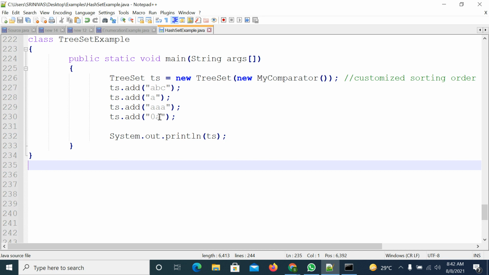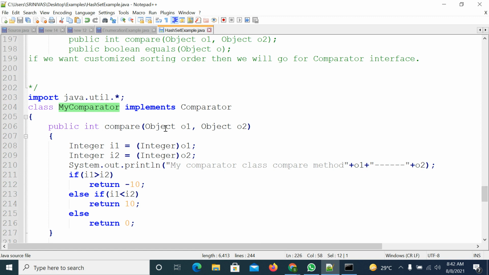Very simple. First, here you have strings. Whenever you pass a new comparator, it will call the compare method, so it will come here. The data will be coming here in object format, and you need to convert it from object to string type, like string one and string two.